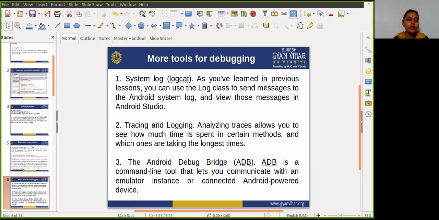Okay, so what is the system log or logcat? As you have learned, you can use the Log class to send messages to the Android system log and view those messages in Android Studio. To write log messages in your code, use the Log class. Log messages help you understand the execution flow by collecting the system debug output.